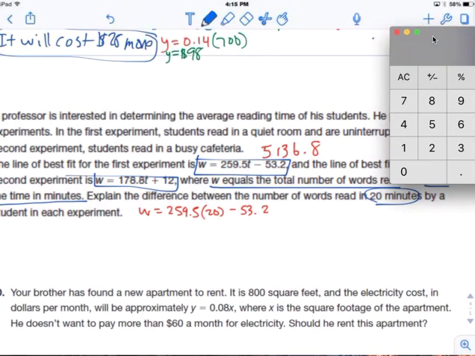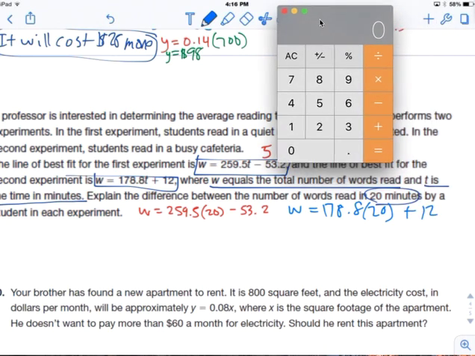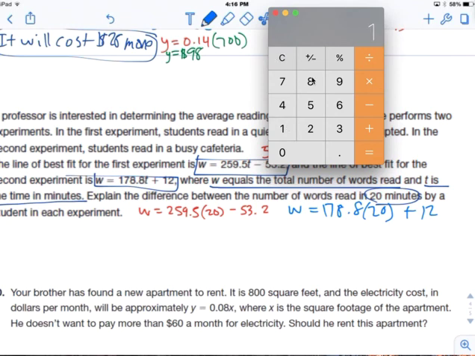The other one is W equals 7178.8 times 20 plus 12. This is equal to